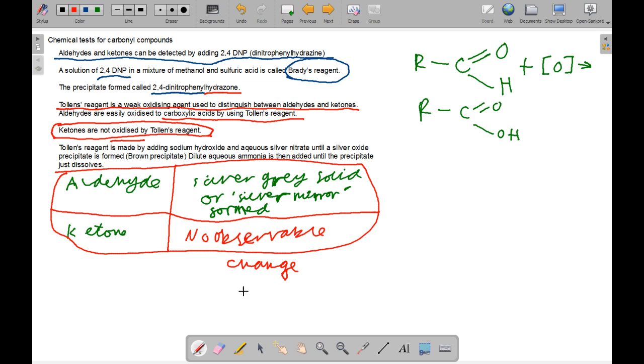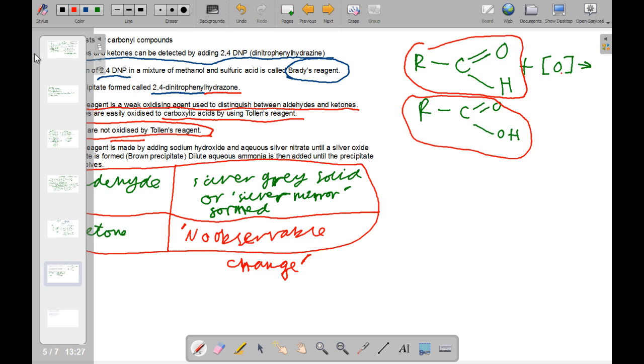OCR examiners are very fussy about writing what exactly happens in reactions, and if you want to write "oh, nothing happened," then this is examiner speak for "oh, nothing happened." The basic reaction that goes on is this generic one, so an aldehyde plus an oxidizing agent goes to a carboxylic acid,